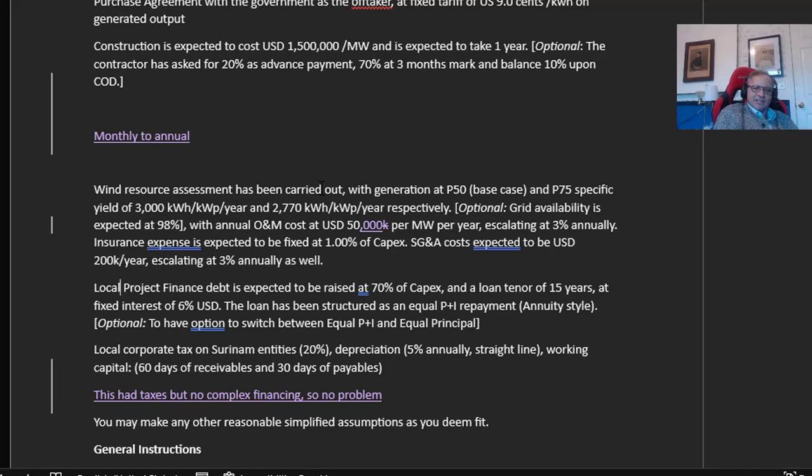You're going to have a constant debt to capital. How easy that seems to be. A loan tenor of 15 years. How easy that seems to be. A fixed interest rate of 6%. Oh, all very easy. Except the stupid thing, they put this